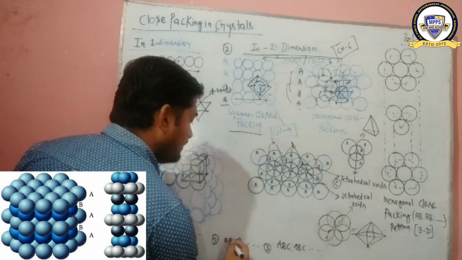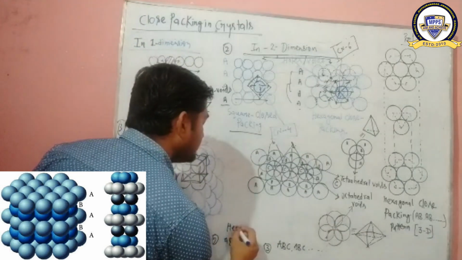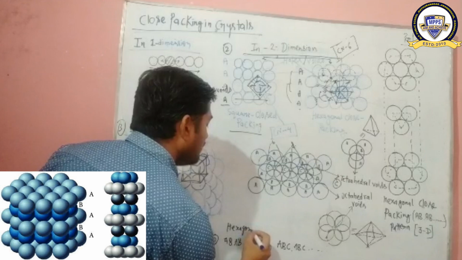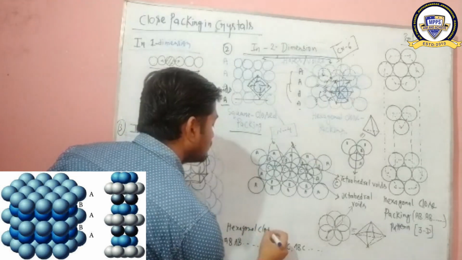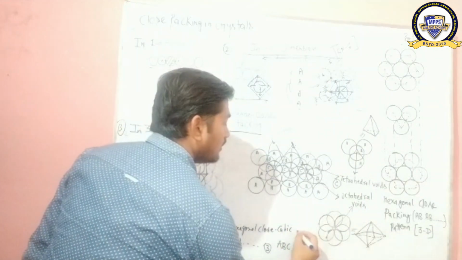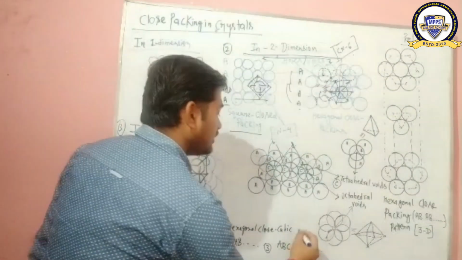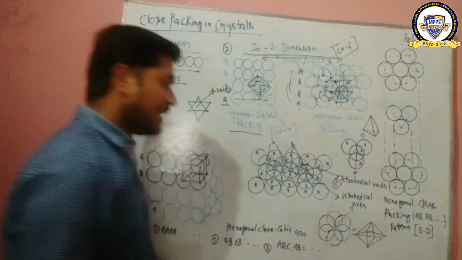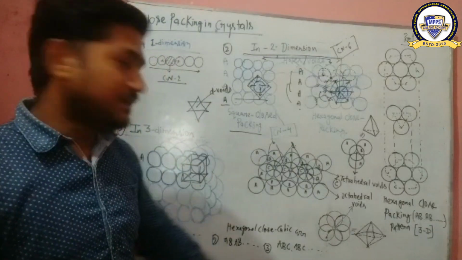So this ABAB type of arrangement is hexagonal close packing, whereas ABC is